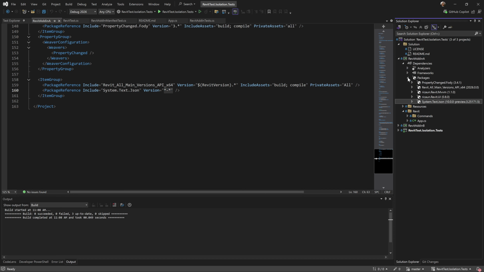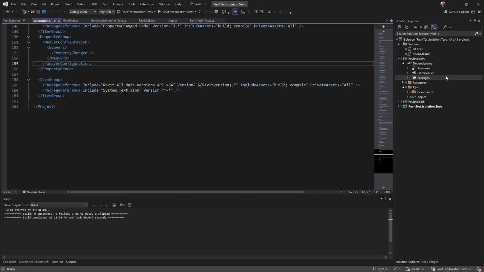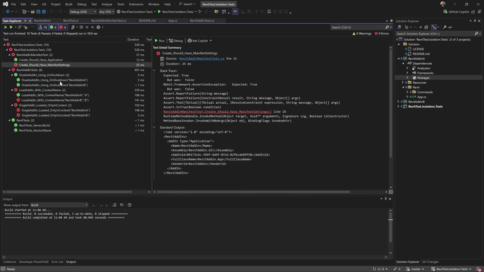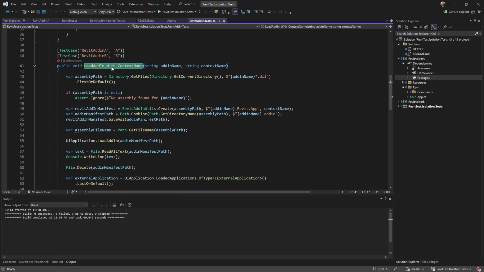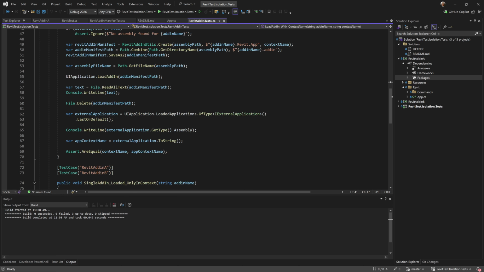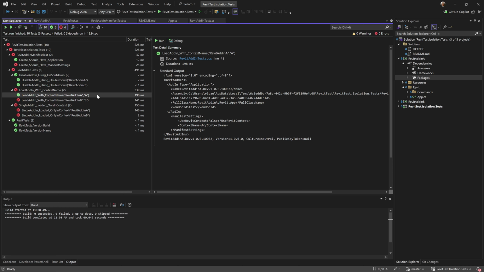I'm building both projects and loading them here. I'm forcing it to create the add-in file and load that file on the fly using load add-in. This works fine, but you can see here, I have the manifest configuration,